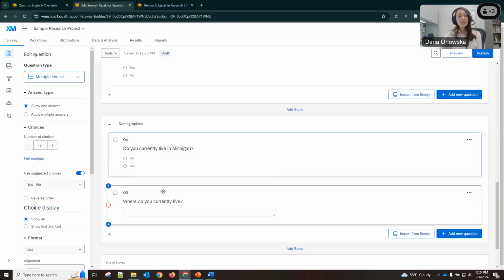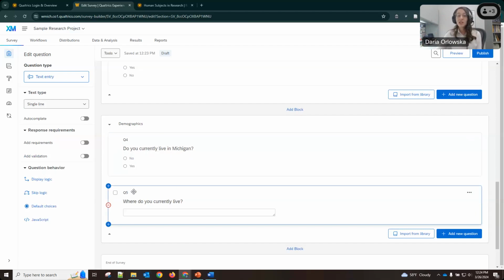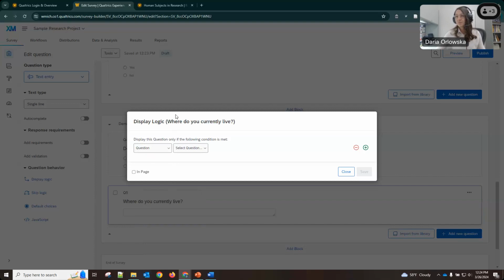The way that we can set up this type of logic within our survey is by clicking on the question that is dependent on the answer of the previous question and right-clicking it. So I just right-clicked within the box that said question 5, and I click Add Display Logic.